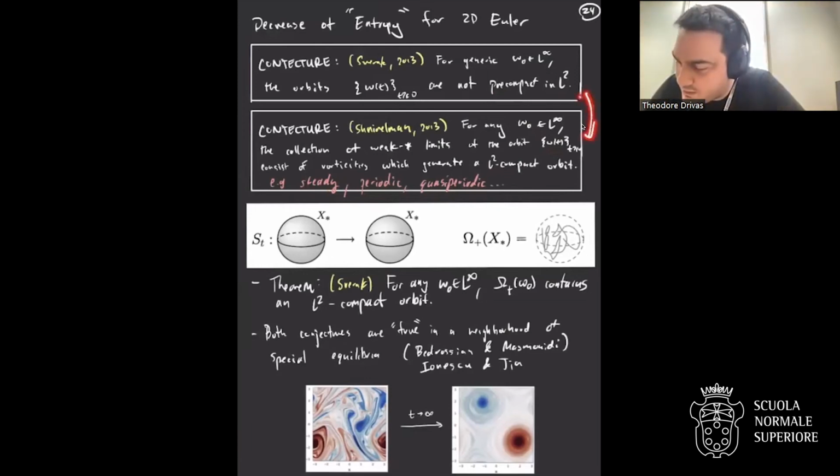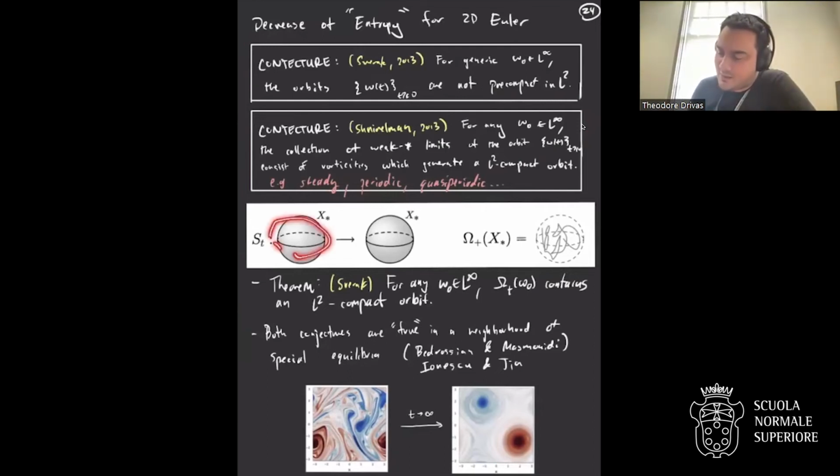And so if you put these two things together, it gives this picture of entropy decrease, since the generic points are not like that, but the things that you sort of weakly converge to are like that. So at finite times you map the ball in L infinity to itself, but then the omega limit set, the union of the omega limit sets of each point in the ball, may be some much smaller sparse set. And this would represent things like these large scale states. And two things in support of this conjecture.